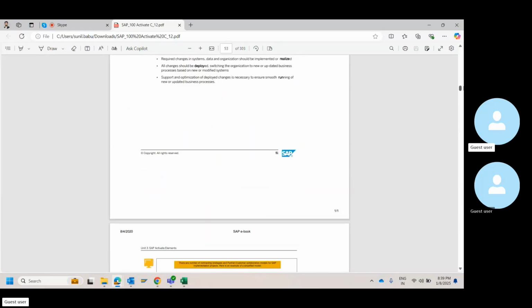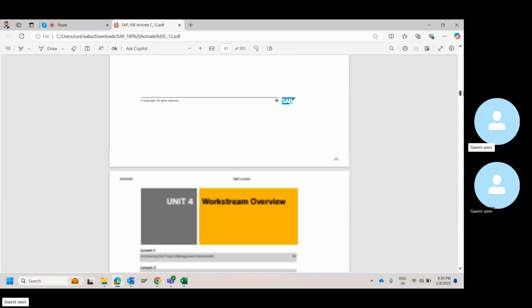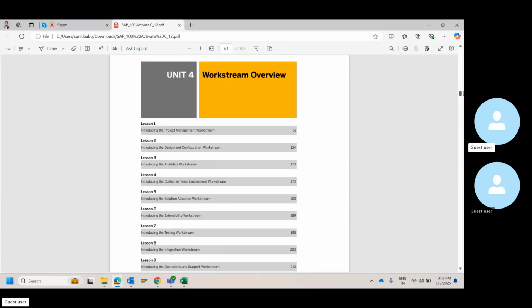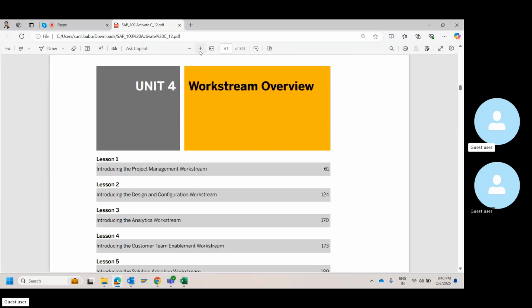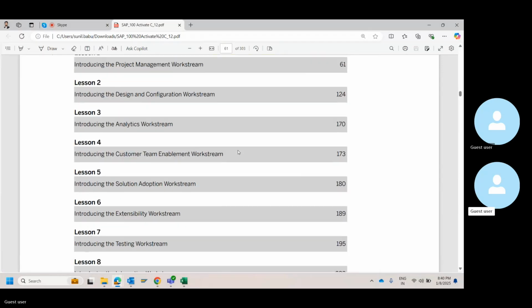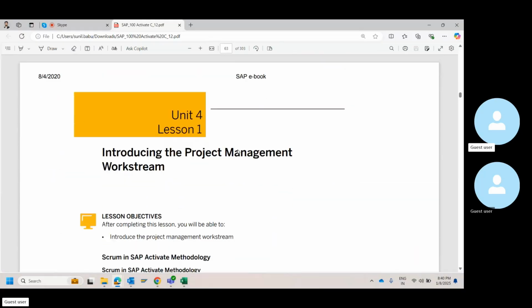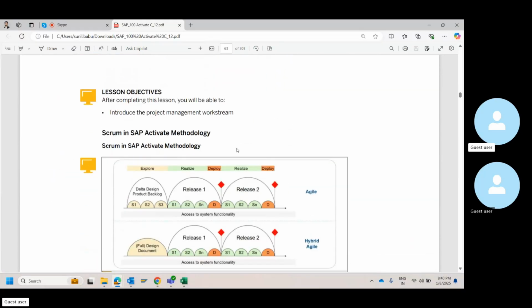Maybe I'll share you this book also. I may not be able to cover the entire theoretical part, which is not relevant for you at this point of time. You can read through it whenever you get some time. I'll just touch upon the most important parts. I will scroll through pages, and we will cover what is most important for us for the next maybe two sessions.